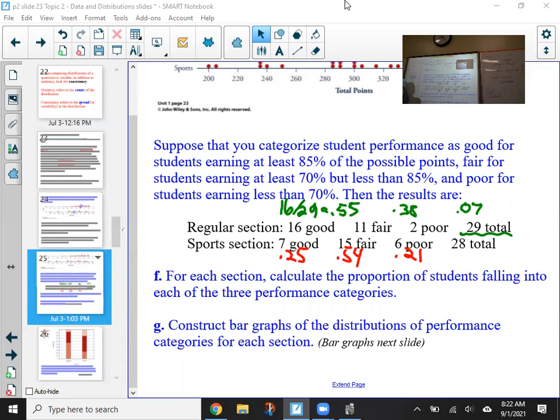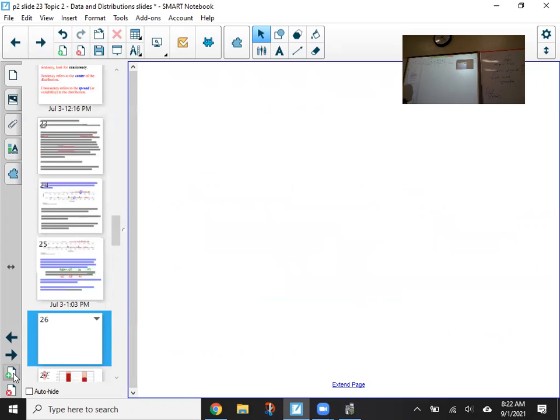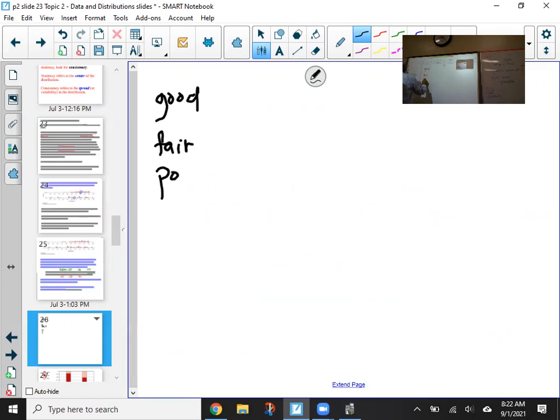So I'm going to put it here on a new page. To get a new page, push this little green plus arrow down here in the lower corner or up here at the top. And so I'm pushing the arrow, and I got a blank page. Now, what I wrote down on the sideboard over here is I made a little table of good, fair, and poor, and then I had the sports class, and I had the regular class. So I have a little table here, and my numbers are